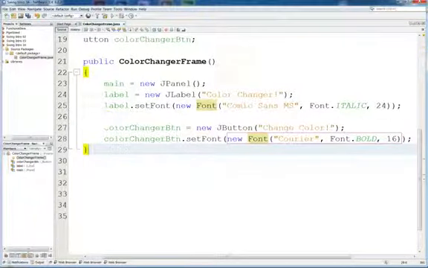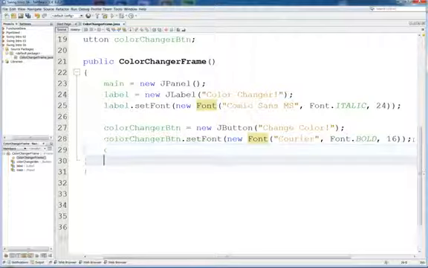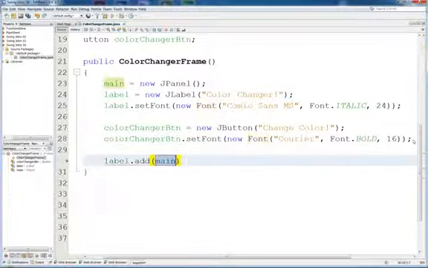So let's go ahead and get the GUI running, and then we'll go back and do the action listeners for the button. So I've created the panel, the label, I've set the font on that, I created the button, I've set the font on that. Now I have to add the stuff to the GUI. And so we'll say label.add, and whoops, main.add, because main is the name of our panel. Okay, so main.add label,